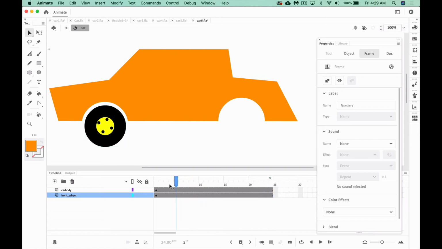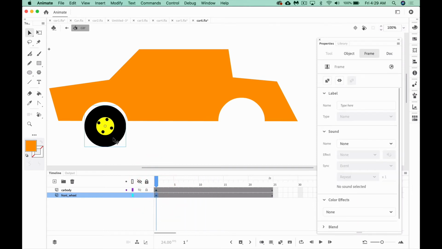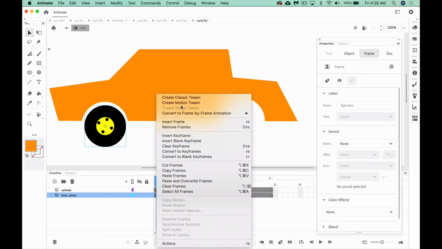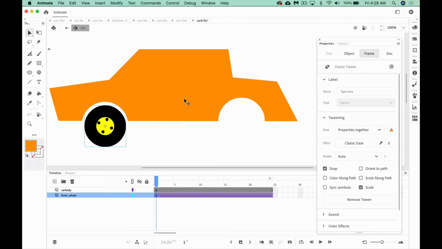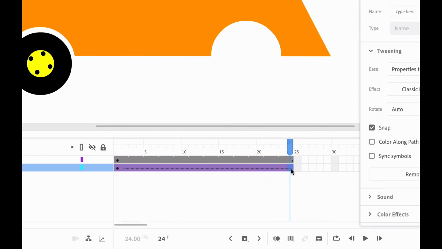Now the car has to be F5 just because I don't want it to suddenly disappear. But the bigger deal is the wheel. Now that the wheel is set to be a graphic symbol, I'm just going to go to the keyframe and set it to classic tween. The weird part of this is even at the end of its life, the wheel isn't going to move in terms of going left or right. It's going to stay put. So I'm going to click at the end and F6 it, so I have a keyframe on both ends.